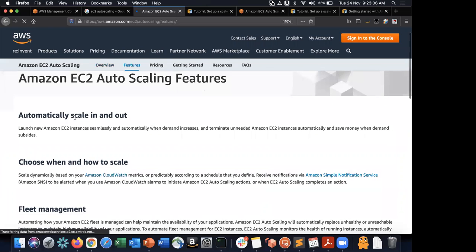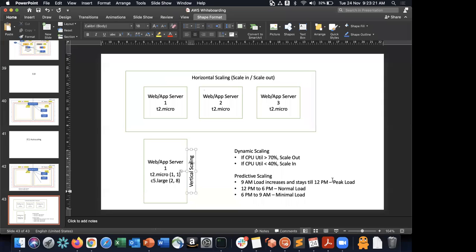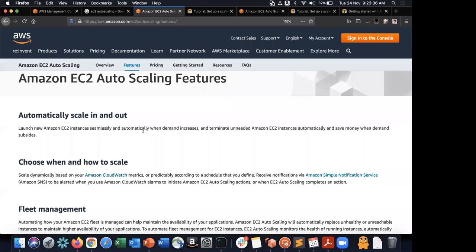Okay, so it can automatically scale in and out, right? Scale in, scale out is this. Horizontal scaling is scale in, scale out. Vertical scaling is scale up or scale down. That is vertical scaling. Okay, and